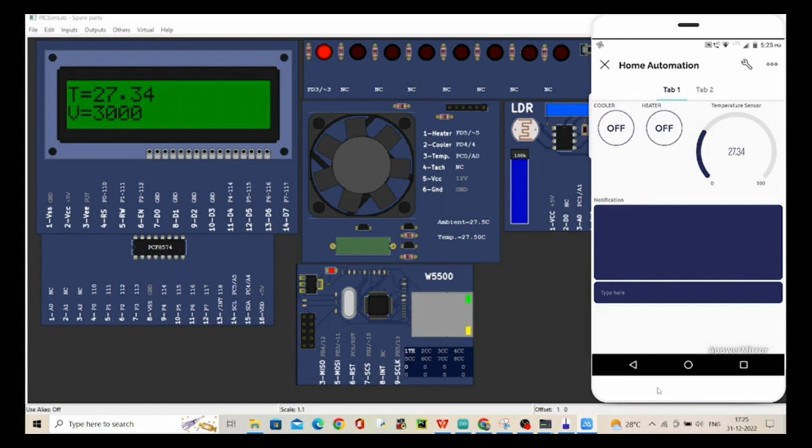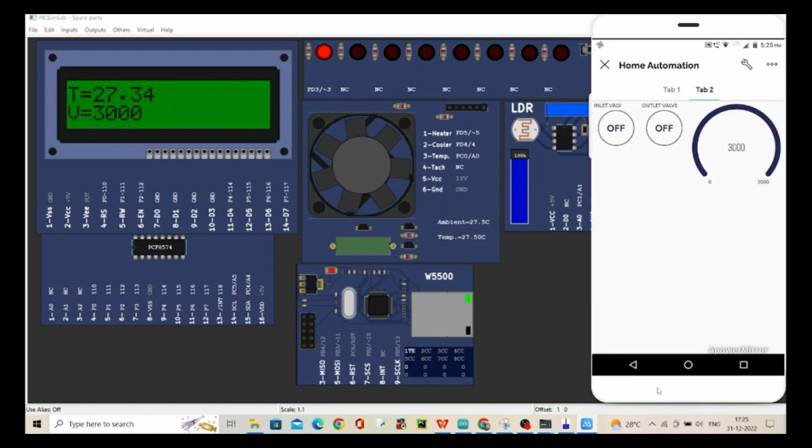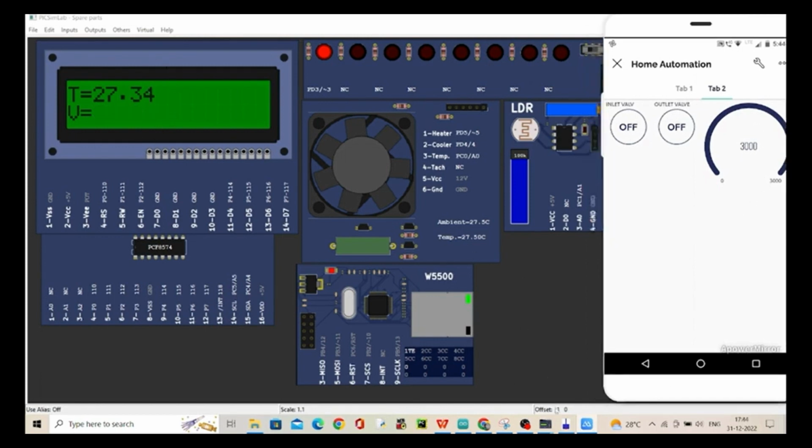In tab 2 we have created two buttons, inlet valve and outlet valve. Each has an on and off button too. This is the gauge for water volume, which will also be seen in the CLCD.